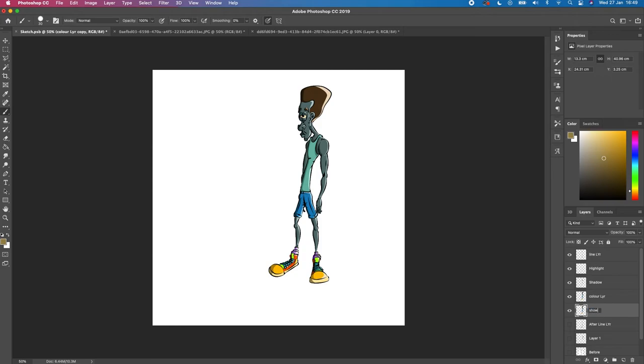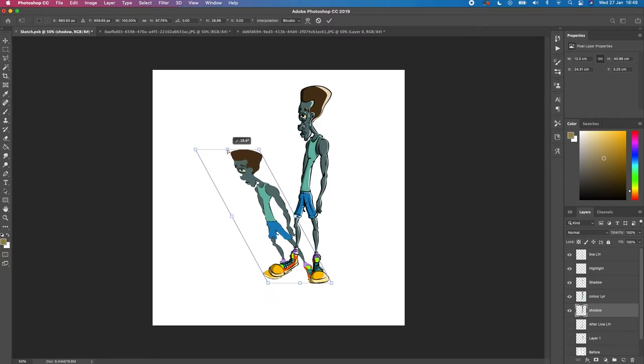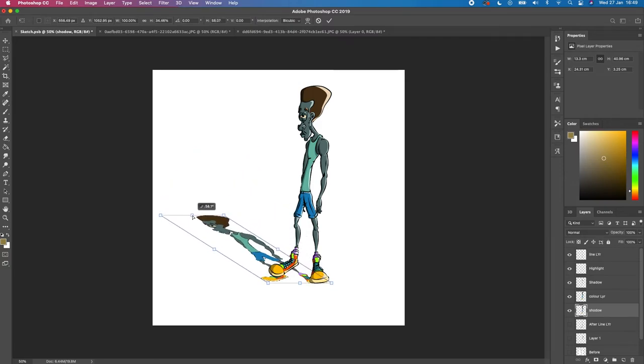I know it'll be two shadows there, but that's fine. I'll just put shadow down there. And what I want to do is click Control T to transform it. And you have all these handles. Once you hold Control or Command, you can move that down. I want to move that slightly